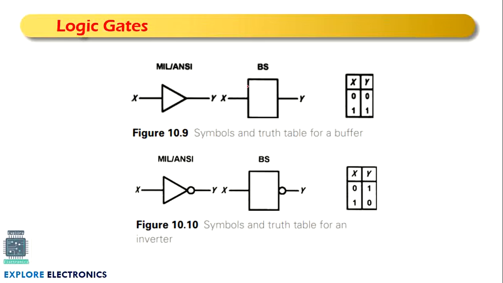First of all, buffer. Buffer is a very basic logic gate, we can say. Buffer will be represented with a triangle symbol like this. If we treat the input as X and output as Y, the outputs will be viewed like this. If input is 0, it is passing the same value. If input is 1, it will pass the same 1. Means buffer will pass the same value available in input to the output.